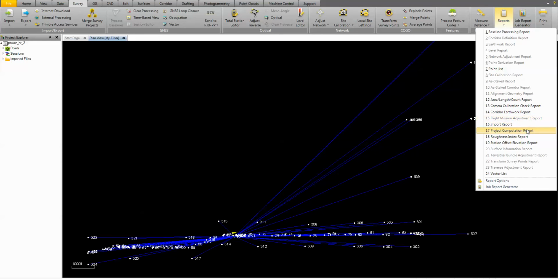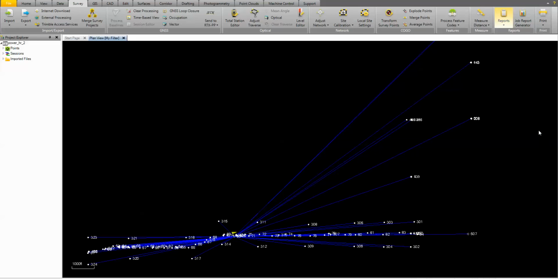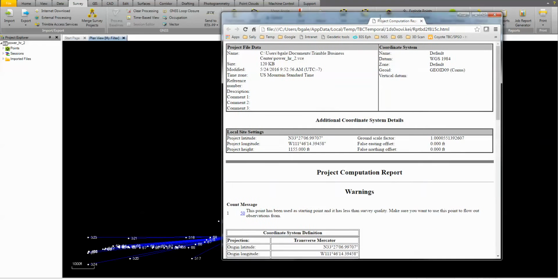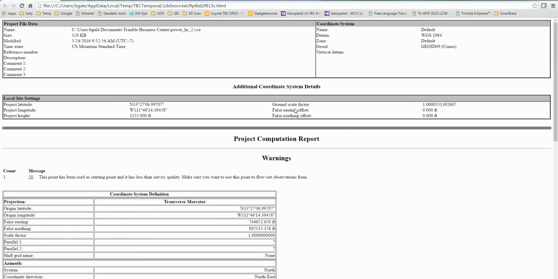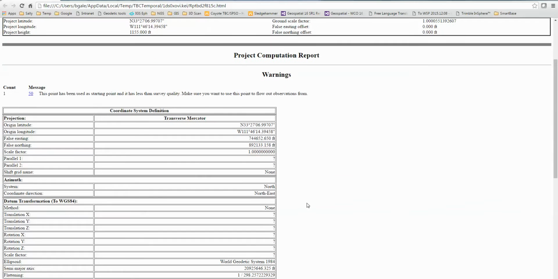and if you select Project Computation Report, this will give you a pretty concise report as to what was done in the field as far as this project height and the ground scale factor that was produced from that, and along with the site calibration adjustments that were made with the data. So here you can see in this report, right here at the top, you've got the local site settings. You've got this project height again that was entered in the field, and the ground scale factor that was produced from that. And if we scroll down, we've got